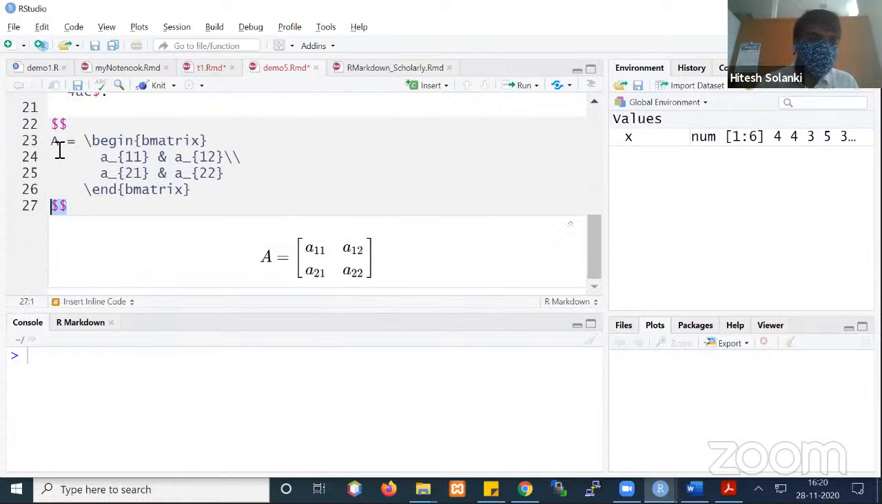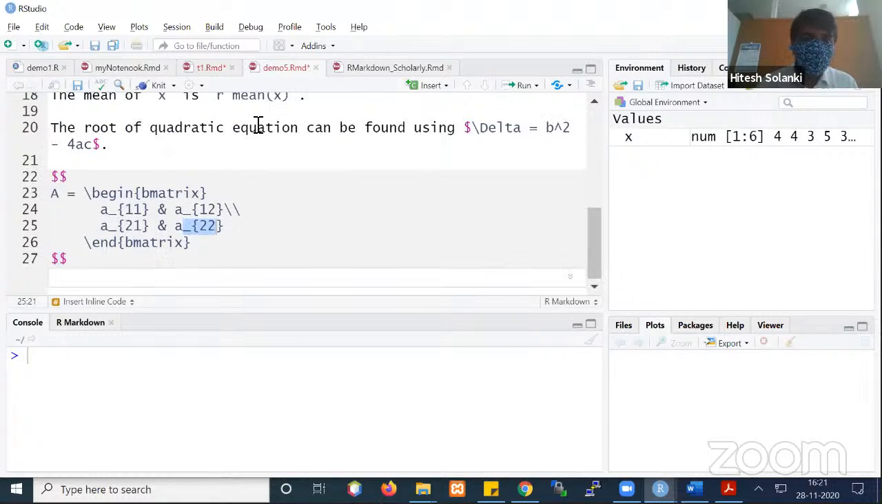$$. What is the meaning? I want A equal to like this. So A equal to begin matrix, end matrix. Then A11 and A12. So this is for A11 and A12. The next line you want, that's why backslash backslash A21 and A22. So it gives this. Now this is the preview. You just need,